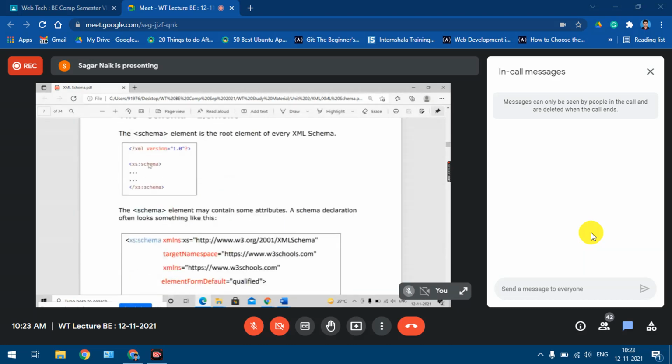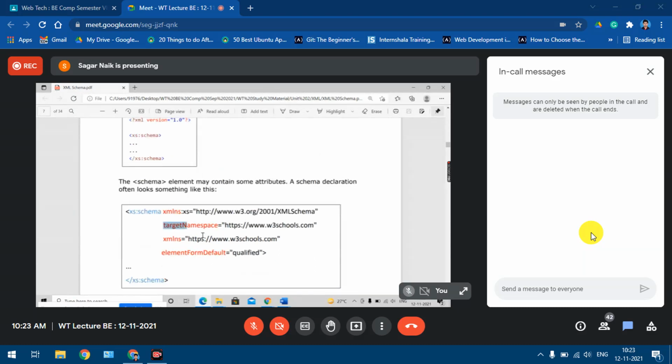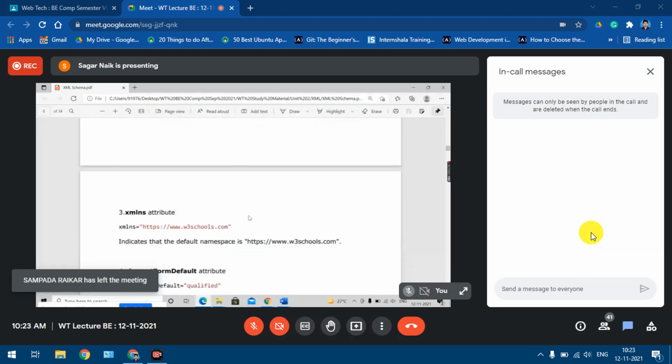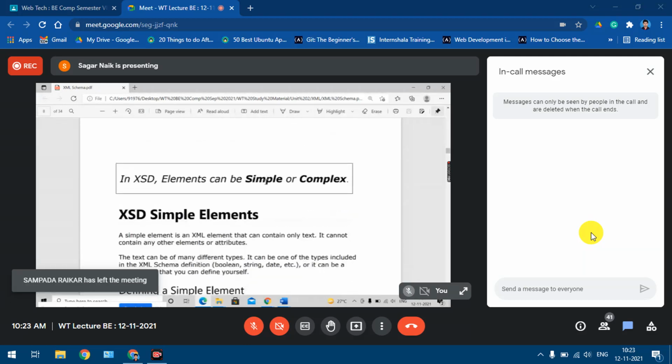In addition, the schema element will have some attributes. These are the 4 attributes, and some of them are optional. Even if you don't give those attributes, fine, but this attribute is required. This we'll see when I'll be implementing things and testing the validation part. Then we saw that elements can be either simple or complex, yes or no.